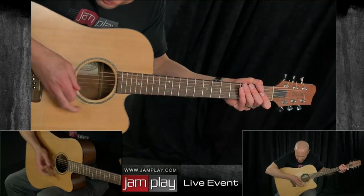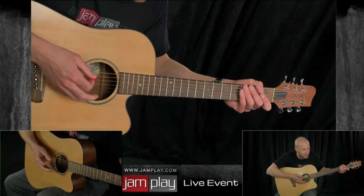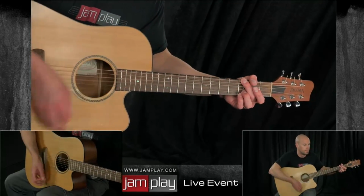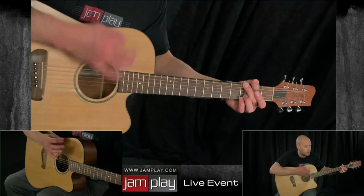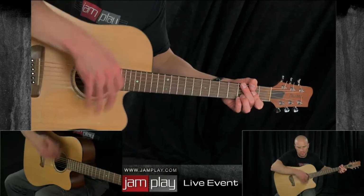You're palm muting a little, you're kind of striking and palm muting. We actually go over that and strum it up too, this sort of pick slap technique. There's also this kind of thing where you're slapping the strings. It's not a mute, it's a mute, but it's not a palm mute. It's more like a...